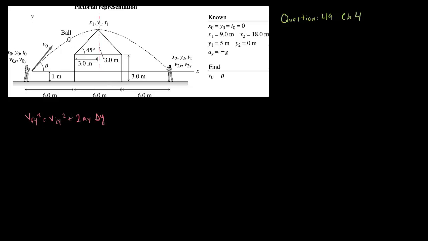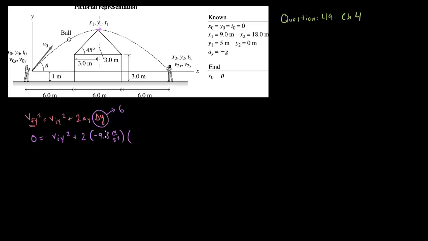From this equation, I know that my velocity final y, my velocity at the very top here, since it's a parabola, it's going to stop, so that's going to be 0. I want to find out my velocity initial y squared. I know my acceleration in the y direction is only going to come from gravity, so that's negative 9.8 meters per second squared. And then my delta y, this value right here,